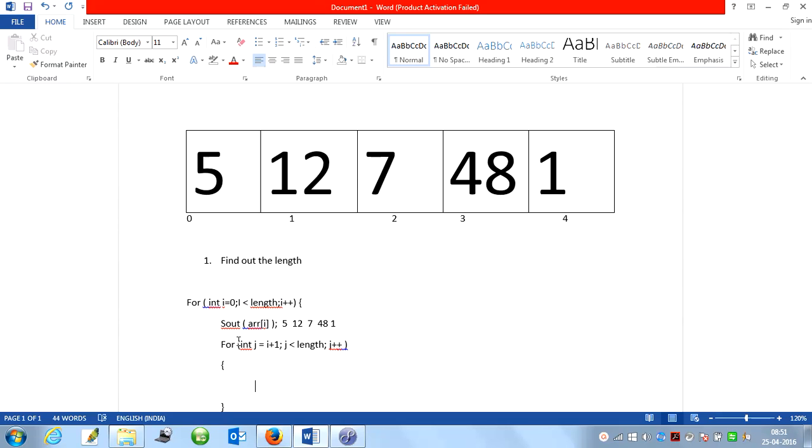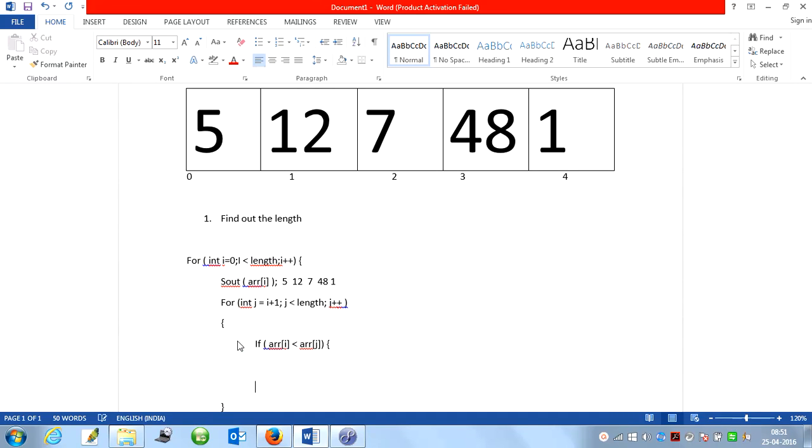Before taking the temp, I have to put the condition: if array of i is less than array of j, then I take a temporary integer variable, then put the value of array of i into array of j,